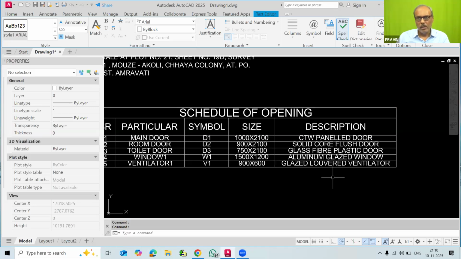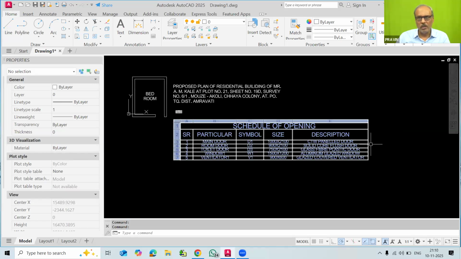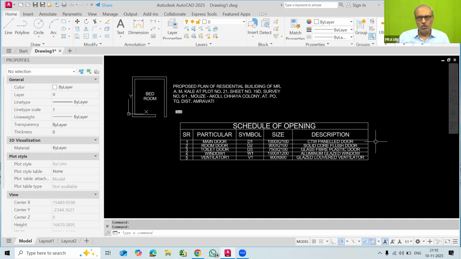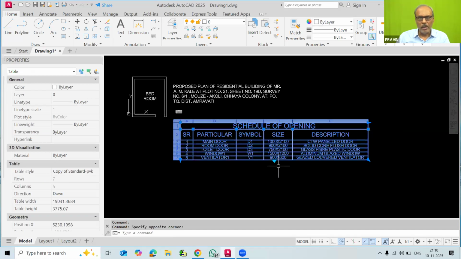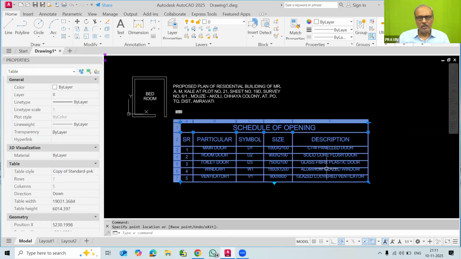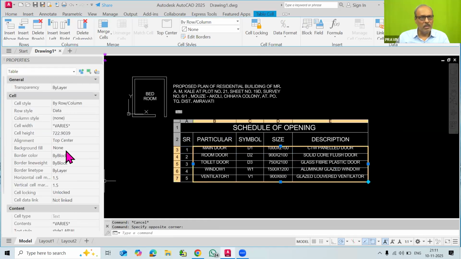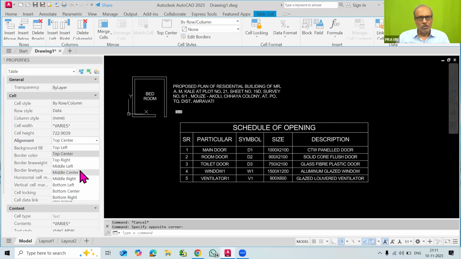Here I know them, so I have just used them, but now this table is not appearing properly, so we have to adjust the height of these rows. You have to select the table and adjust it here. So a little bit, the size will appear properly. All the text should appear systematically inside. Now you have to see that this alignment is not proper, so you have to check all these tables, and now you can change the alignment again to middle center.